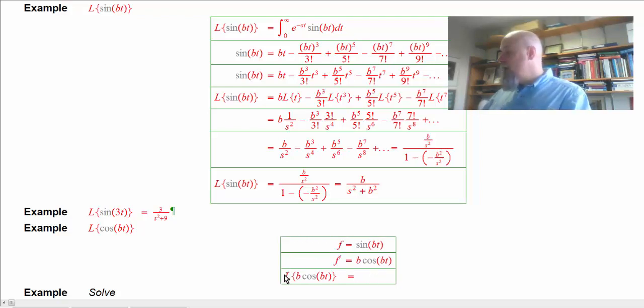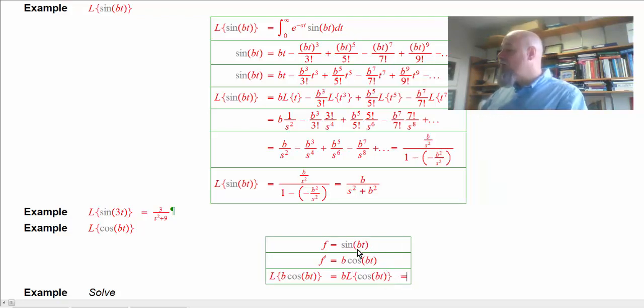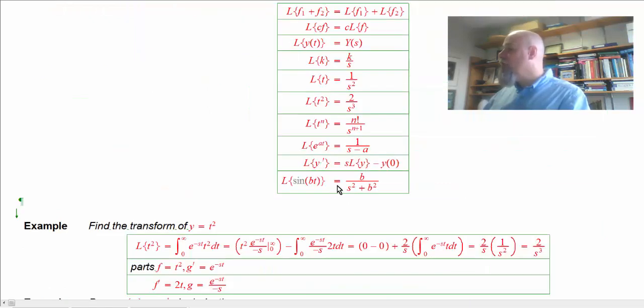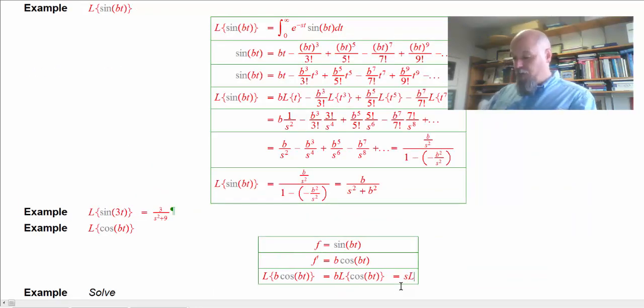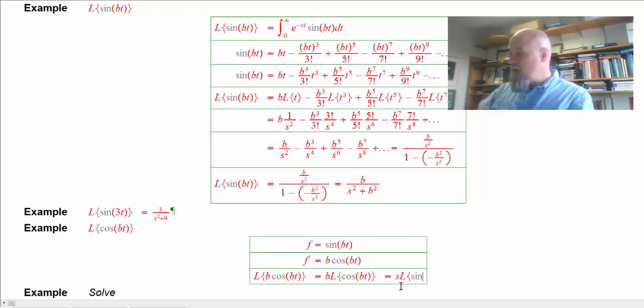Well, that b is a constant, so it comes outside. And now I've got the derivative, right? I can use my differentiate rule. If I Laplace the y prime, it's s times the Laplace of y. So that's going to be s times the Laplace of sine bt